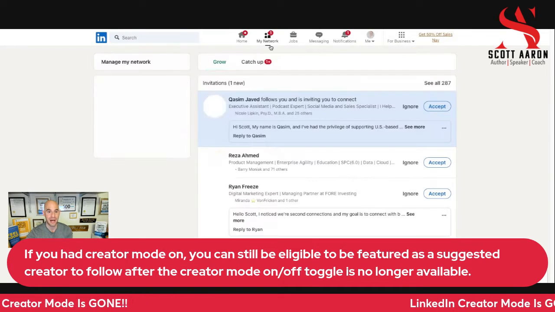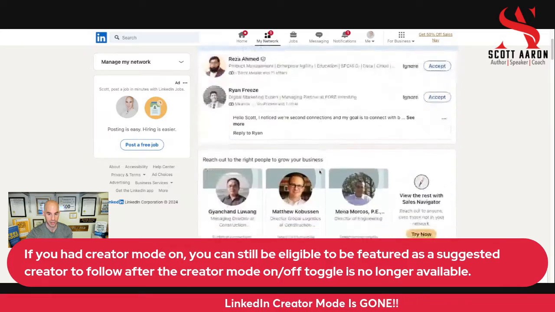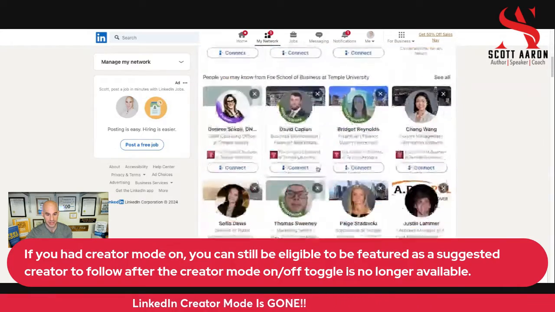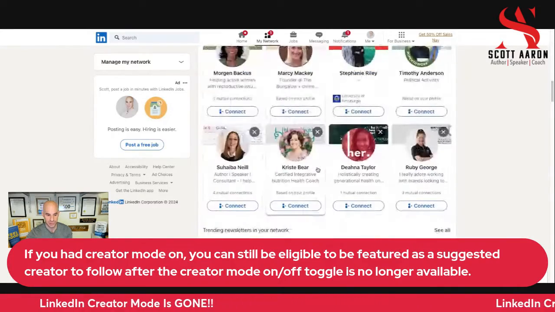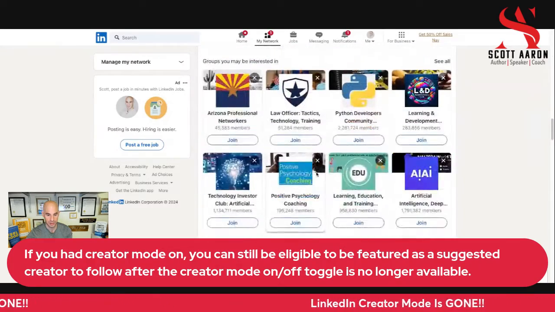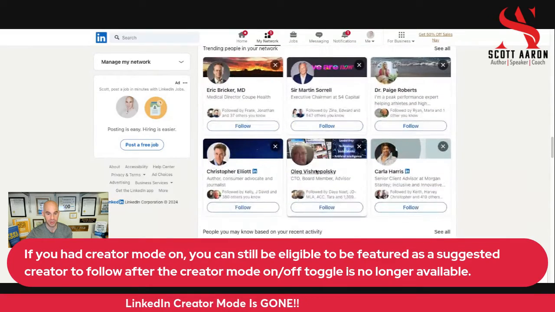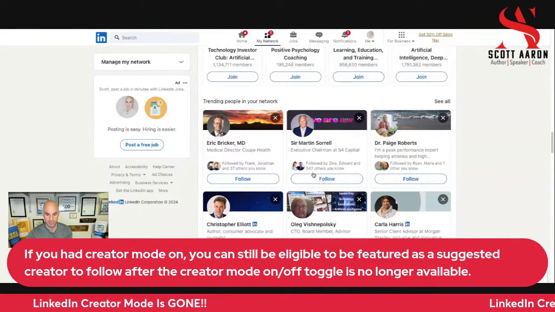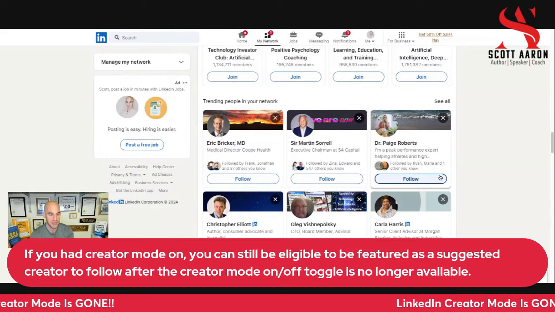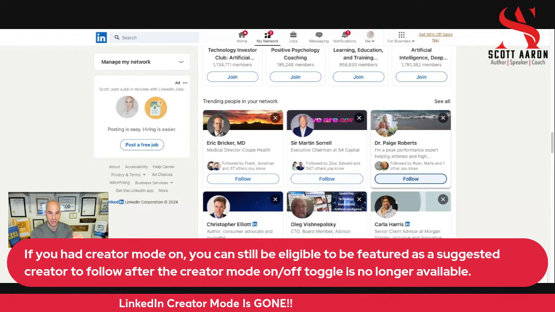So in the My Network section, you're going to see, as you scroll down, just to show you, as you scroll down, it's going to show you trending people in your network. Okay? So this is LinkedIn will still feature you as a trending person to follow.